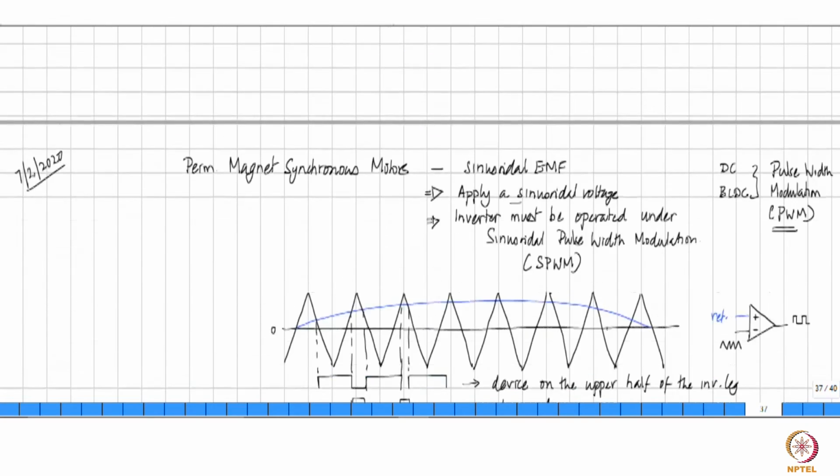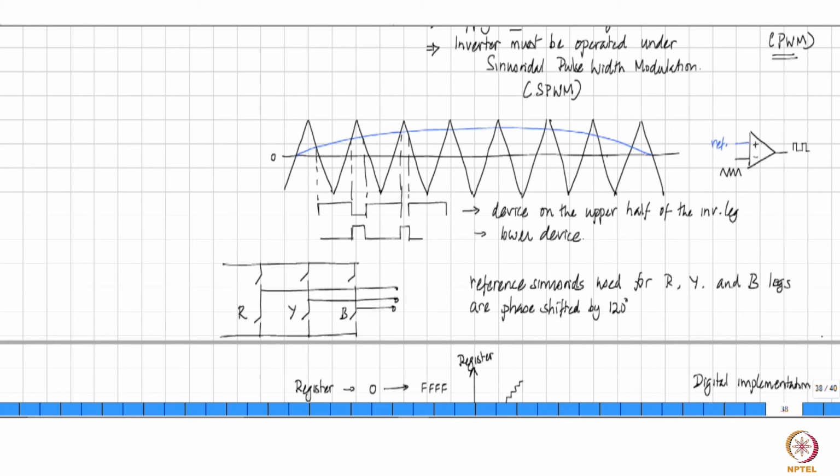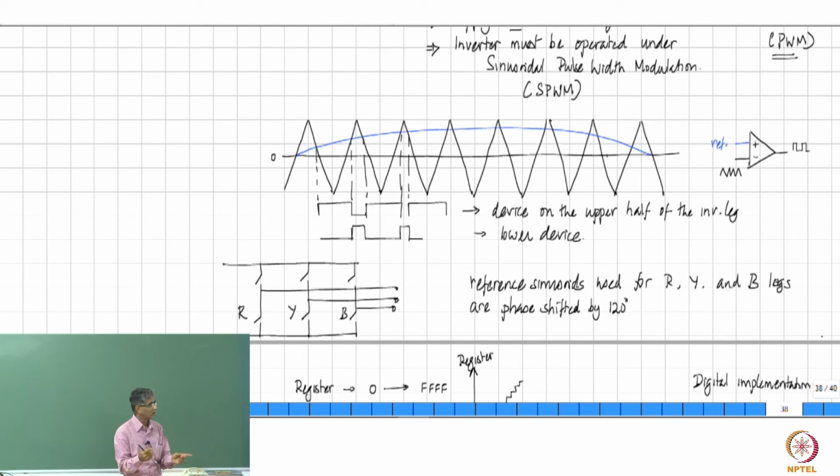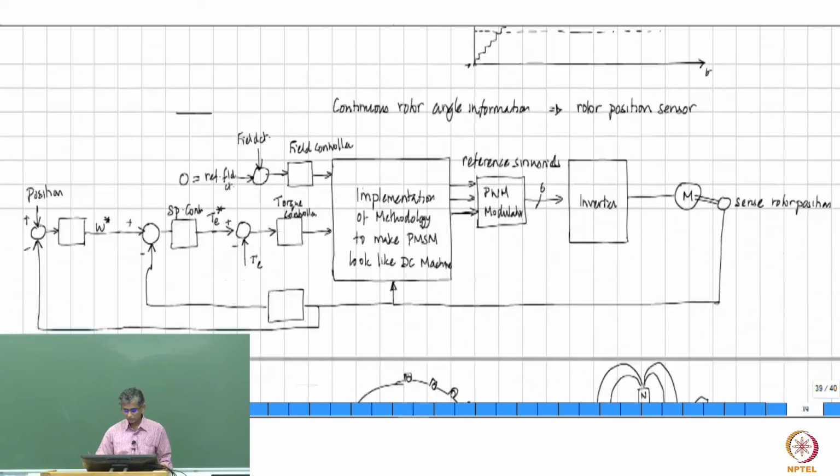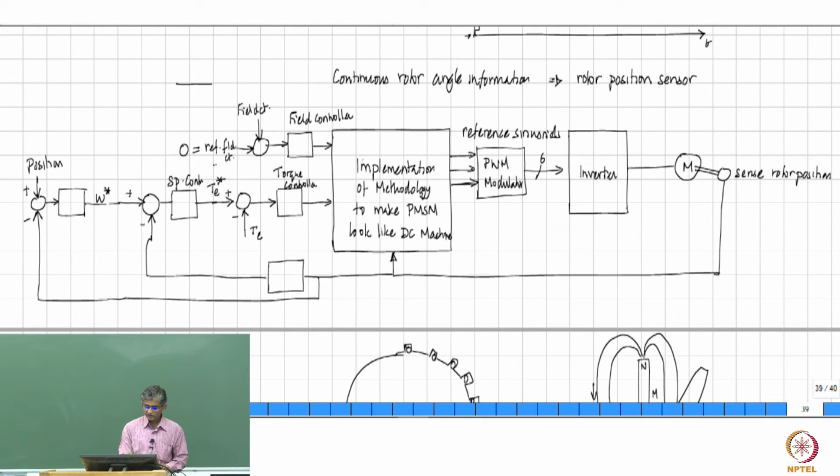Right? So now if all three phases are to be energized all the time, then comes the question of how much current at what phase angle it should flow. How much current decides the strength of the magnetic field, and at what phase angle it should flow decides the orientation of the magnetic field, and therefore you have an option how you want to do it. And that is what is going to determine whether any part of the field generated by the stator opposes the rotor field or does not oppose the rotor field,